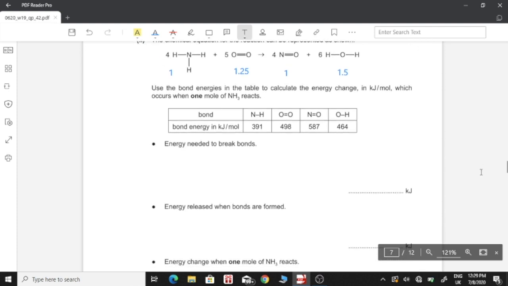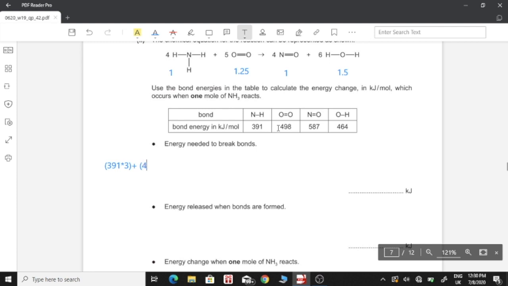So energy needed to break bonds. Now breaking bonds, alright, so bonds are broken on the reactant hand side, so we need to figure out the energy on the reactant side. So in ammonia we have 3 bonds of nitrogen with hydrogen, and each of these single bonds requires 391 kilojoules per mole to be broken. So we multiply 391 with 3 because we have 3 bonds of these, and then we're going to have to add the oxygen bonds, which is